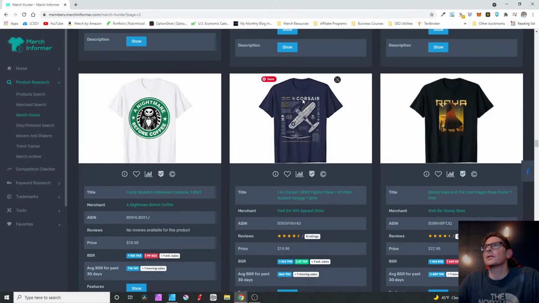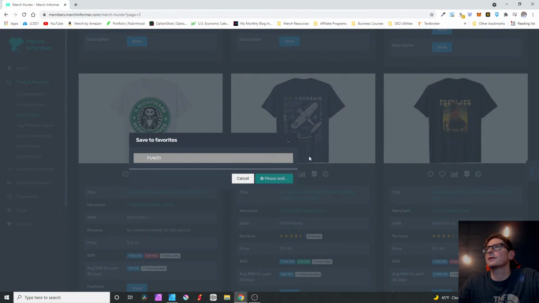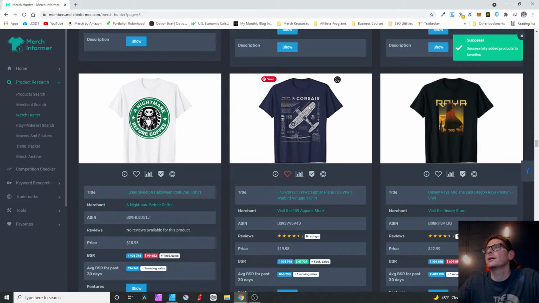I've been seeing a lot more of these too. This is a Warbirds shirt. This one's very well done. I've seen a bunch of these that are not this good. This one's very well done, and it looks like they just grabbed some vectors from somewhere or vectorized an actual